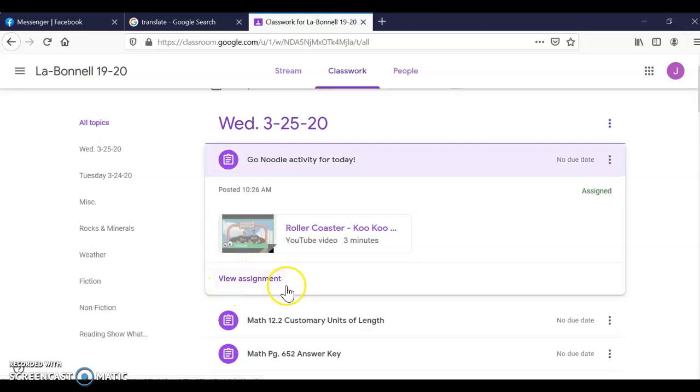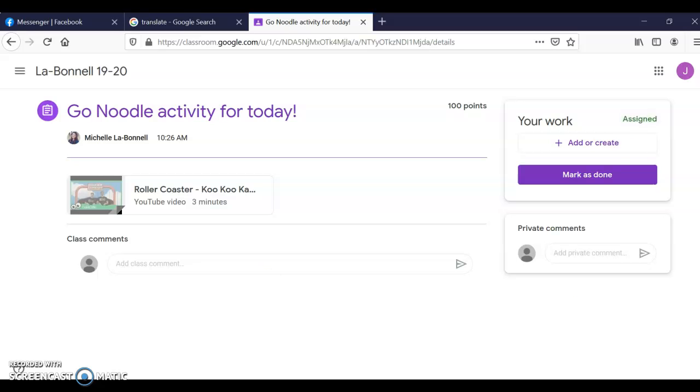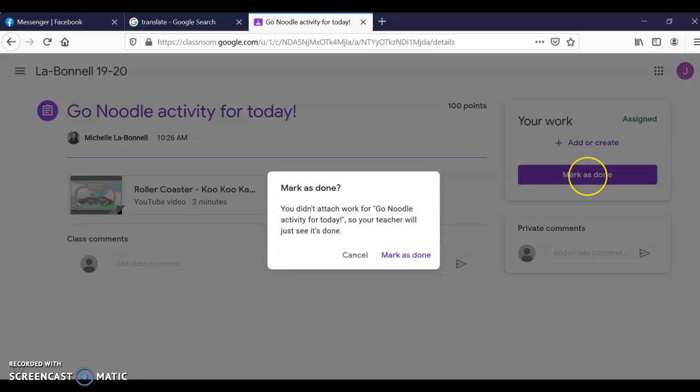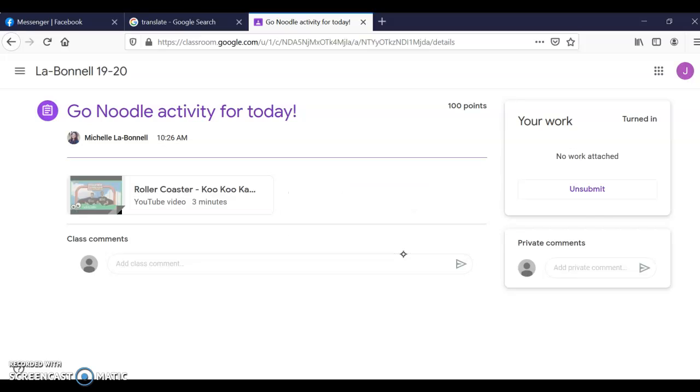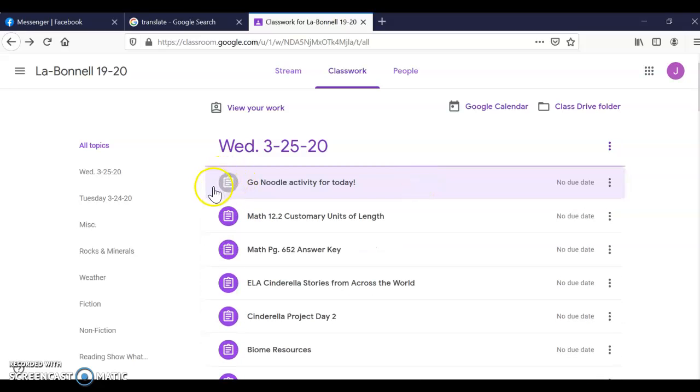You'll go right here to View Assignment. Click on that, and over here on the right side of the screen, you'll see this, and you can click Mark as Done. Now, it's going to ask you, you didn't attach anything. Well, it's a video, so you don't have to attach anything. So you can mark as Done, and it will, and if you go back to your main page here, the